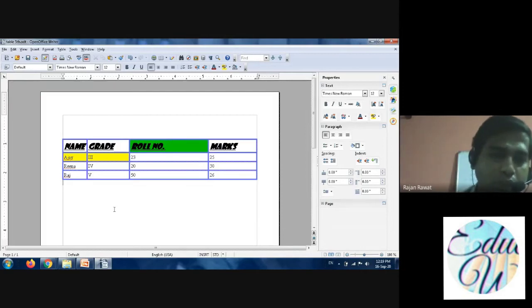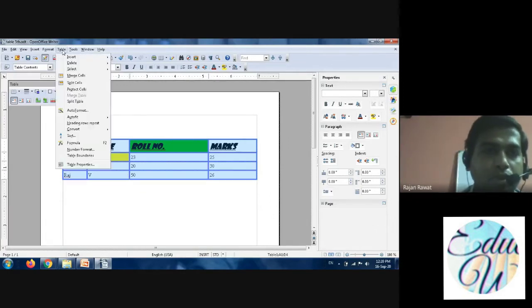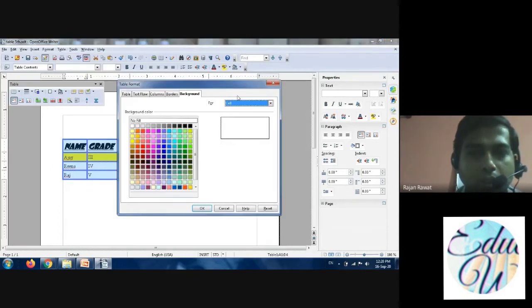You can give the color to the entire table also. You have to select the entire table, and then follow the same steps: table, table properties, and then you have to select table, okay, and a color like blue, or you can select any light color so that you can see the change. Okay, now you have to press OK.